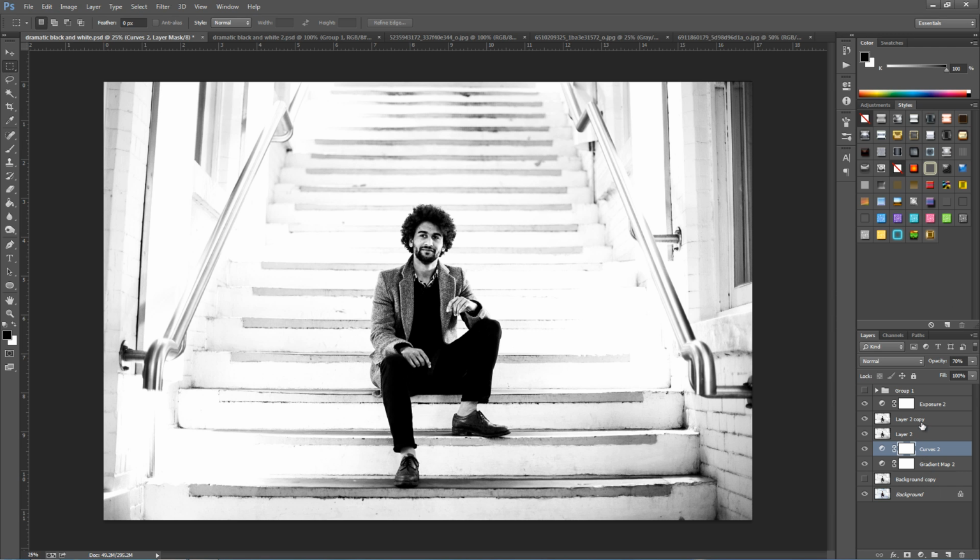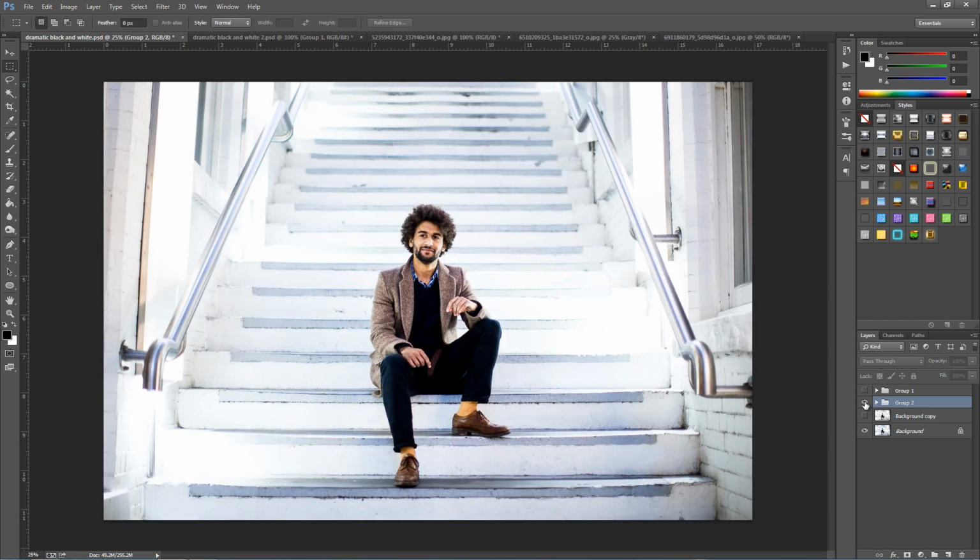So we're just going to go and group these now. So we're just going to go and select every single one of them by holding down Shift and selecting the last 2 points, and then pressing Control and G or Command G if you have a Mac to group them. And I'm just going to go and take it on and off so we can see the effect. So it is really effective, and you can play around with this to your heart's content. And that's basically the tutorial done.